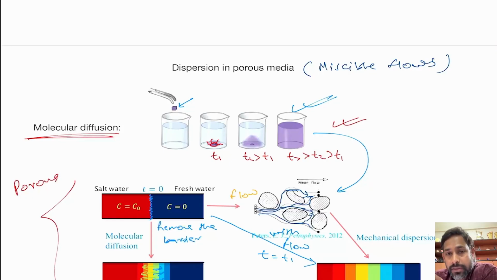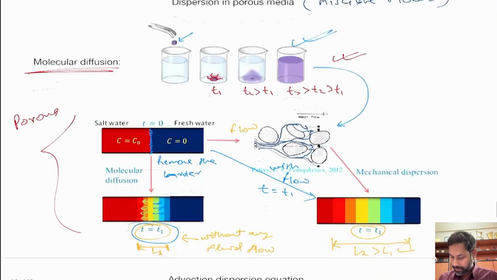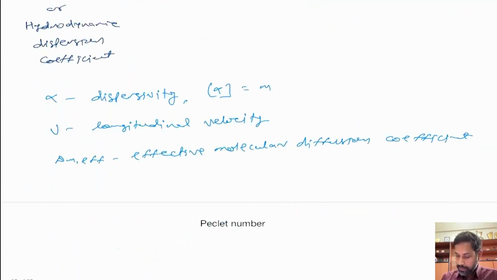Why? Because now the flow, or mixing, is not happening in a straight path, rather there are tortuous paths. So when mixing happens, the fluid molecules cannot just go straight, because they will always hit the solid particles within the medium, so they will go through these tortuous paths. And that is why this effective molecular diffusion coefficient in porous media is actually a little different from the actual molecular diffusion coefficient, and this is usually given as